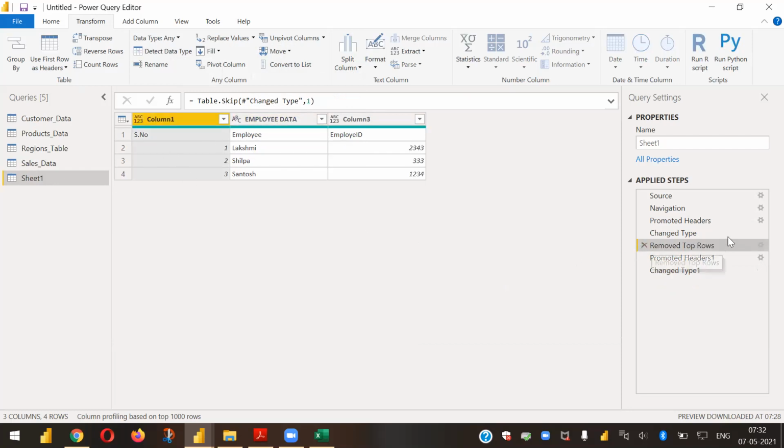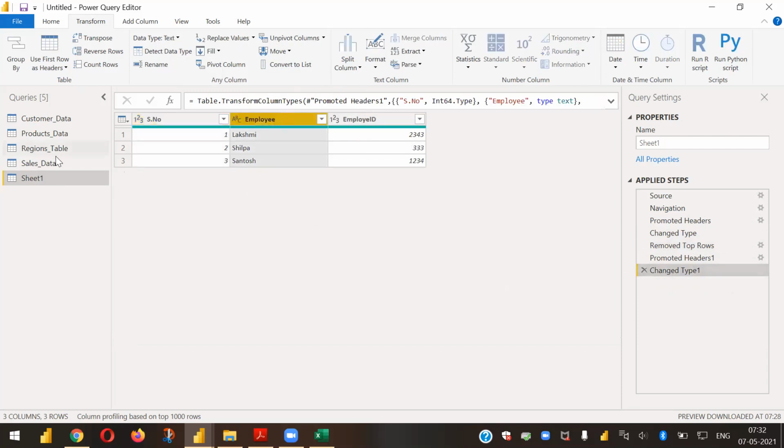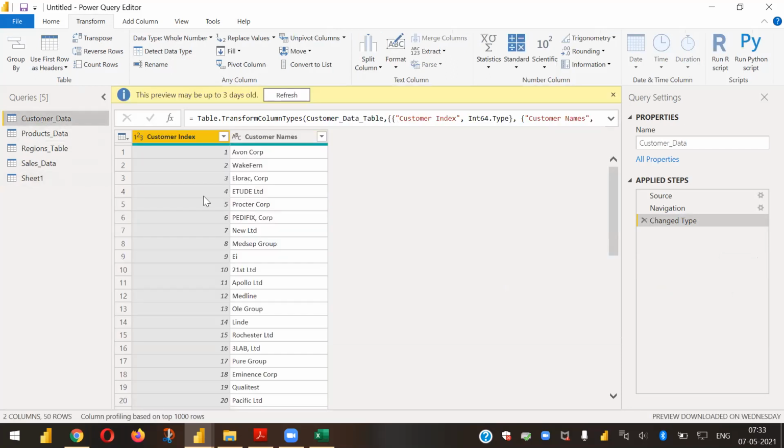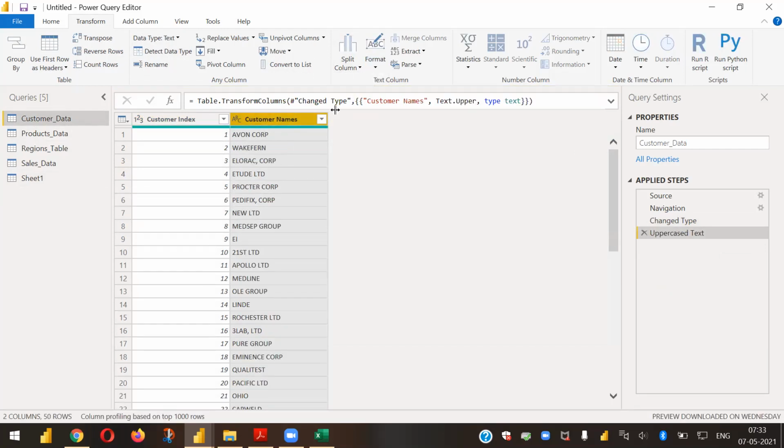And go to the last step. Okay, now what I'll do is, instead of doing it here, let me go to the customers table, right? I'll click on this column, and now I wanted to make this format. Maybe I wanted capital. You can see the values of customer names, the first letter is capital, and the second word is capital. Now I wanted to make it some format like uppercase. You can see all are uppercase now. Then the same step is applied here, right?